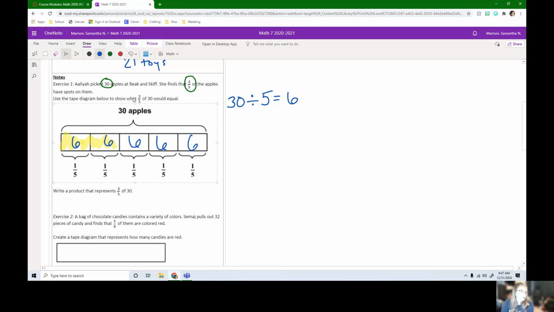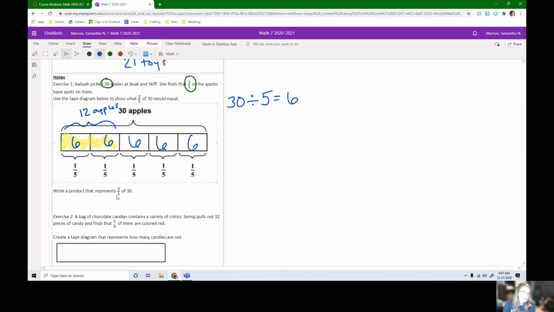So we want to know what 2 fifths would be. Well, 2 fifths is what I highlighted in yellow. This would be 12 apples. Now we can use this tape diagram anytime we have a question like this, but this next question says write